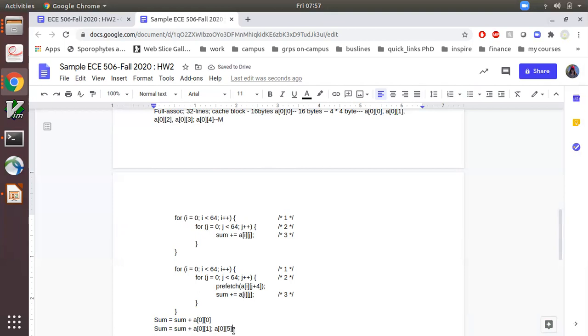This is unnecessary because the prefetch of A04 will anyway bring 05 in the same cache block. So this would be wasteful. So let's optimize that by saying don't increment j every time with +1, but do it with +4. And then we unroll these statements